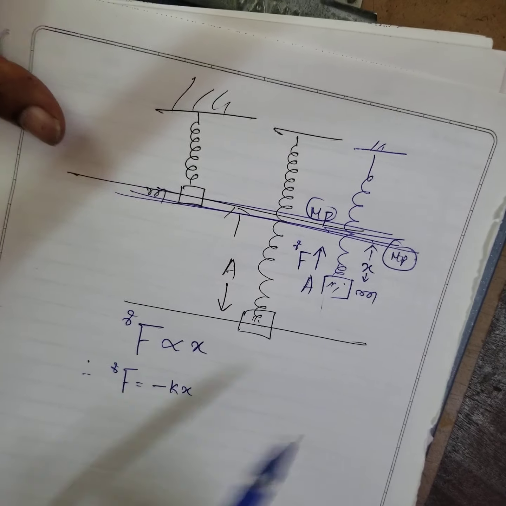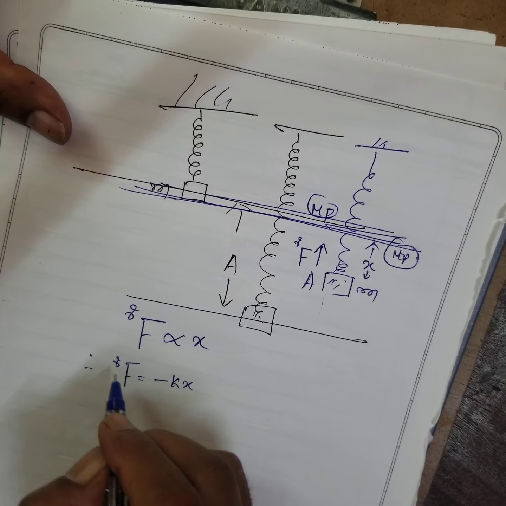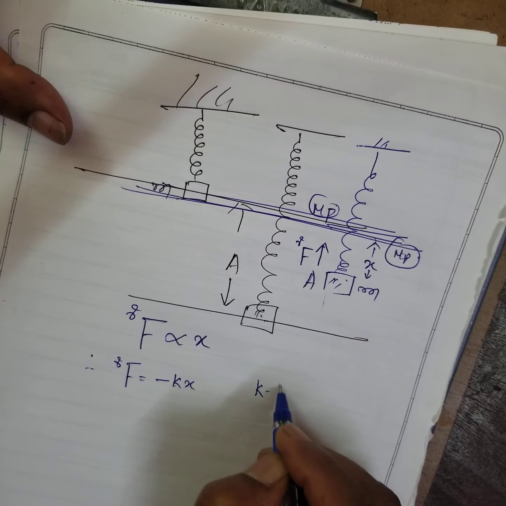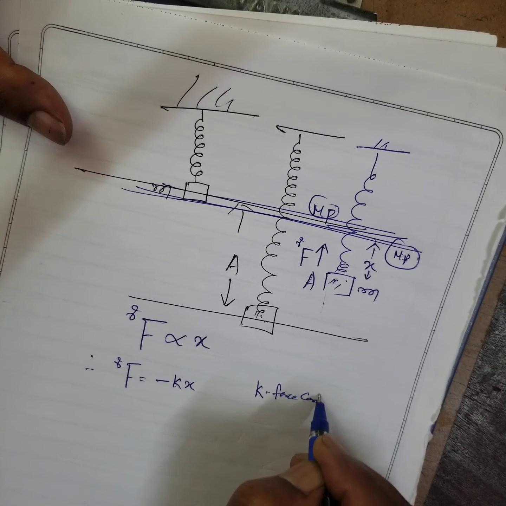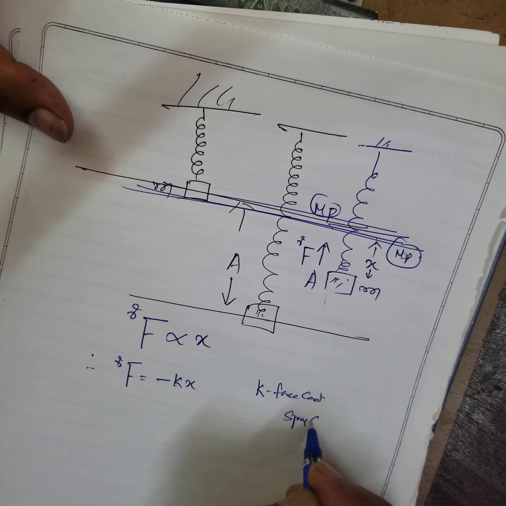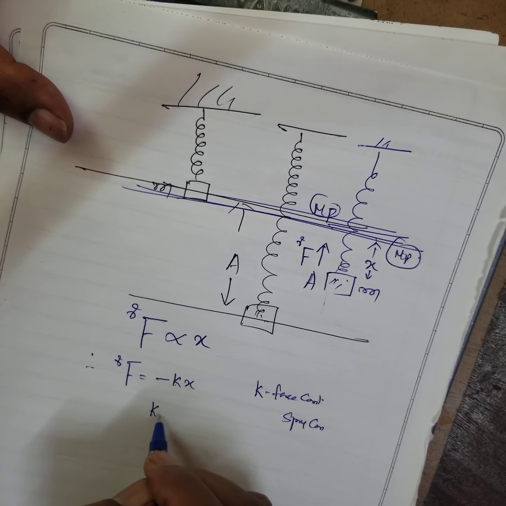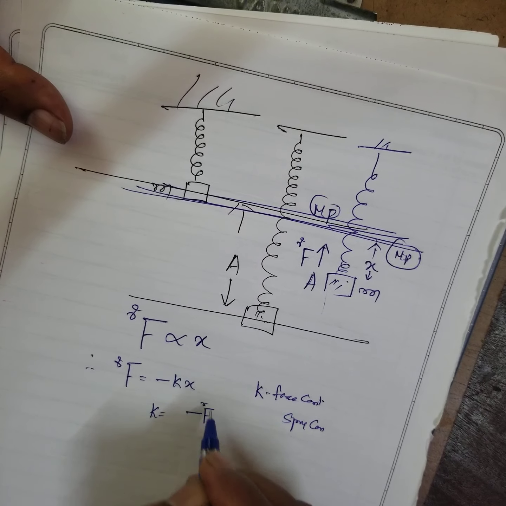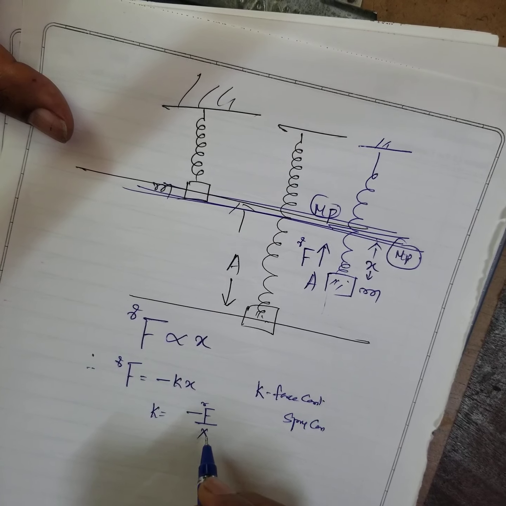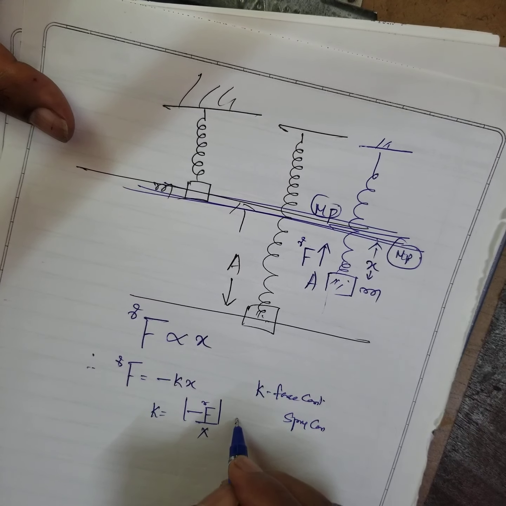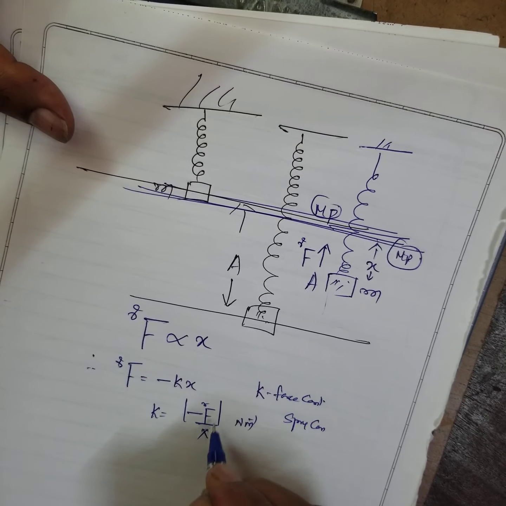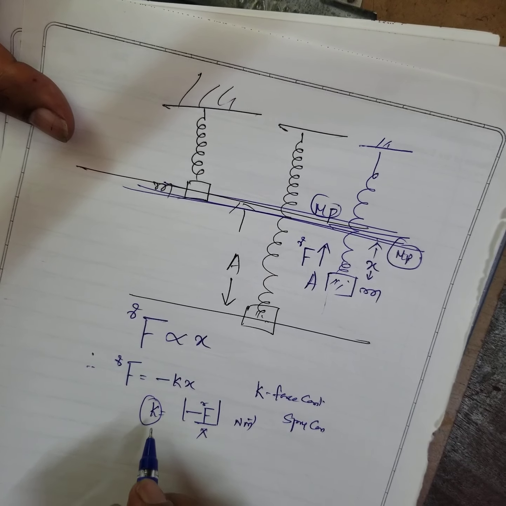Okay, minus k times x. The force is called restoring force, and k is called force constant or spring constant, we can call it spring constant. Spring constant is equal to restoring force per unit displacement. Therefore, the unit is newton per meter, force per meter. Now,